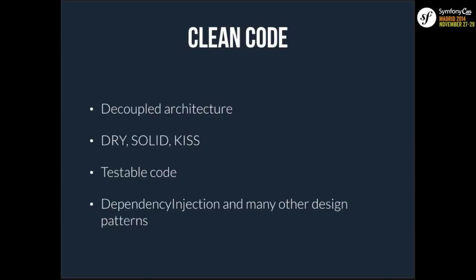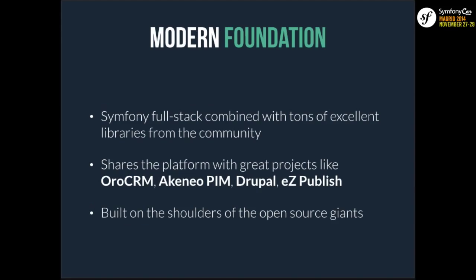Obviously, Sylius is clean code. Don't repeat yourself, SOLID, KISS, and all the obvious stuff, because it's not something to brag about, I think. With Symfony, it's obvious. This is the Symfony way of doing things. But an important fact about Sylius being based on Symfony is that it's the most important interface in the Symfony stack,